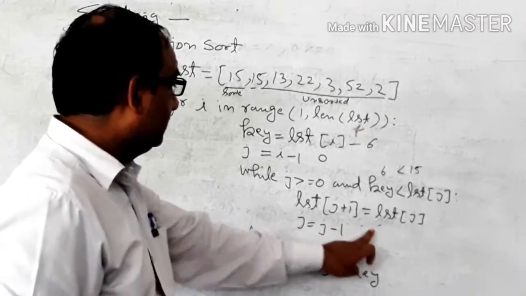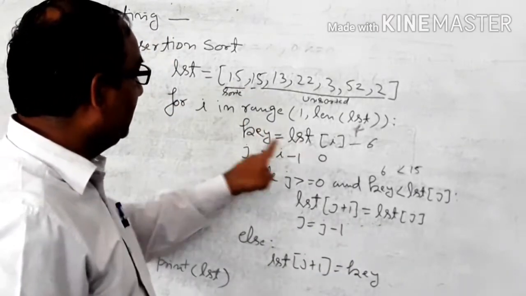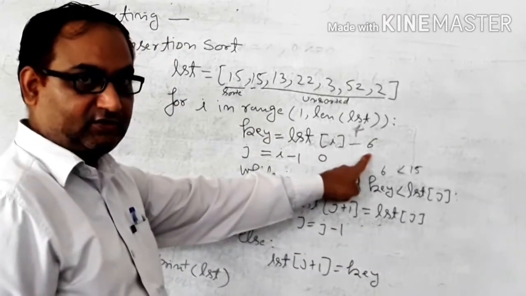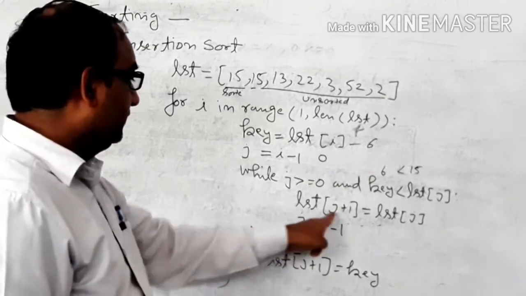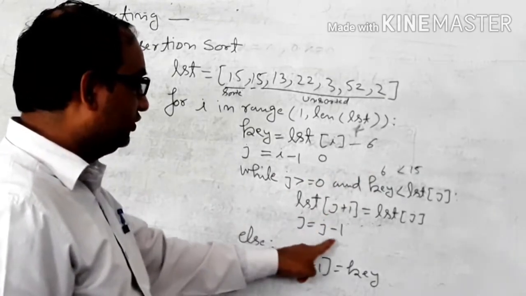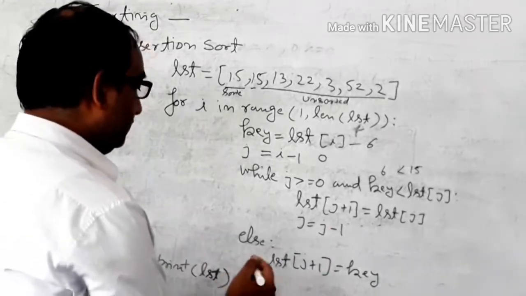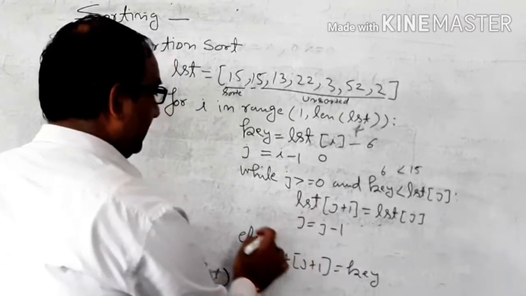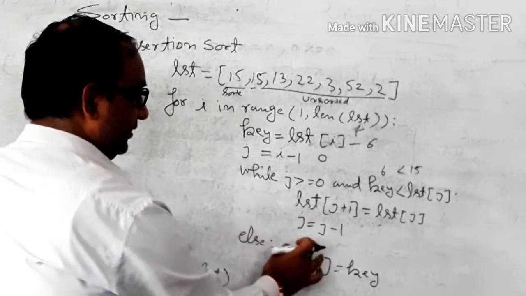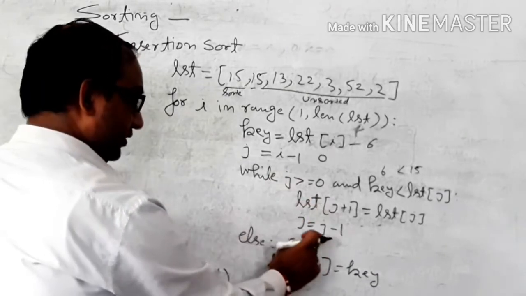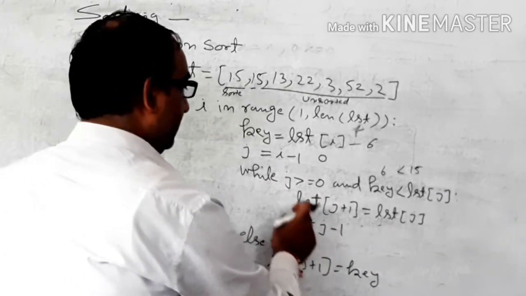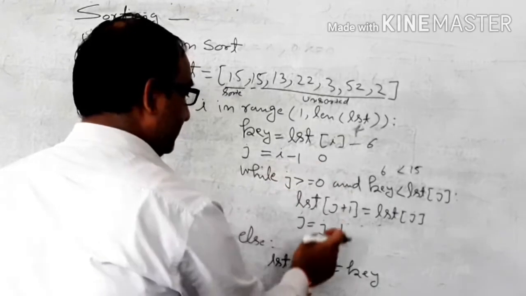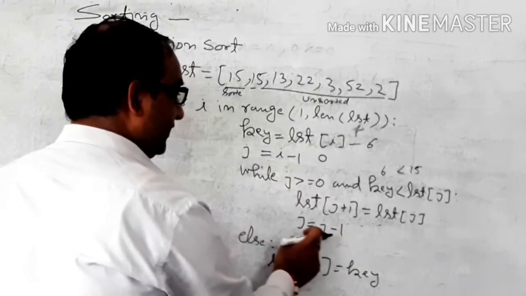Okay. Now we have the 6 because key is adding the 6. Here the 6 is not lost, don't worry about it. Now j is equal to 0 minus 1, that is minus 1. So j contains the minus 1. Again we can process the loop, because j is equal to 0 minus 1, that is minus 1. j contains the minus 1.